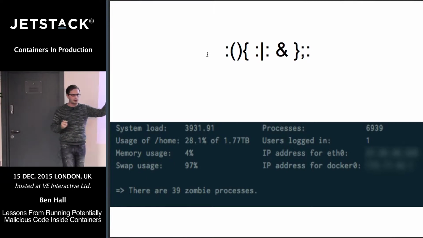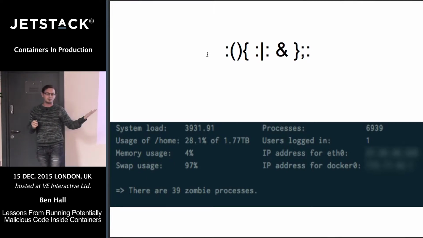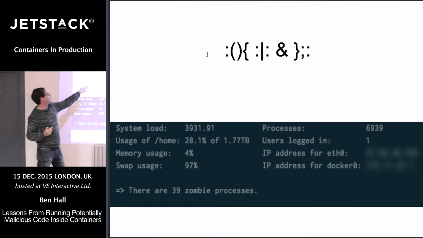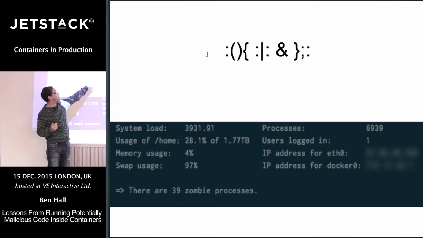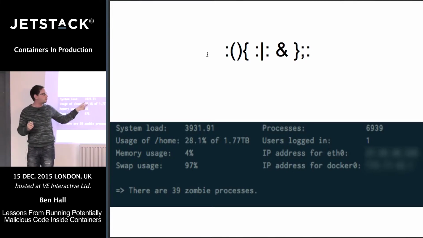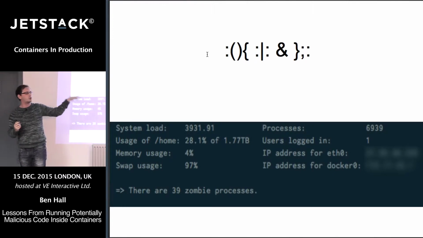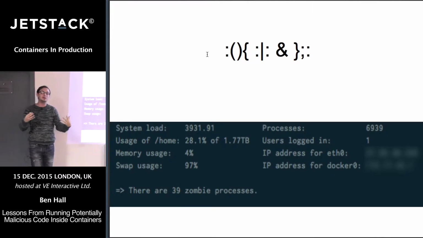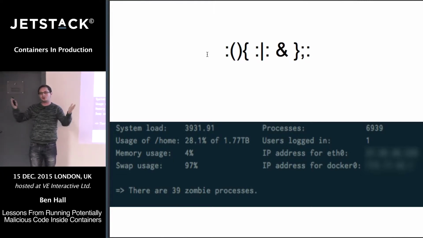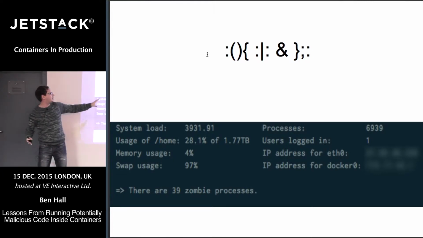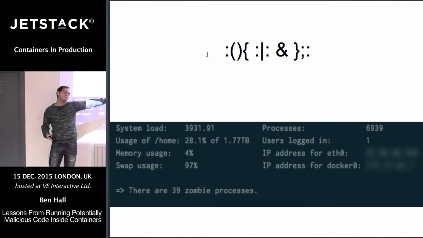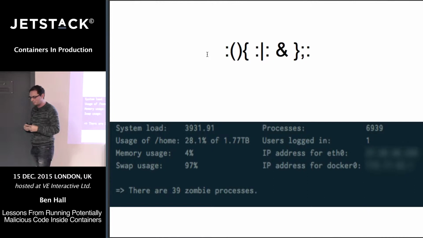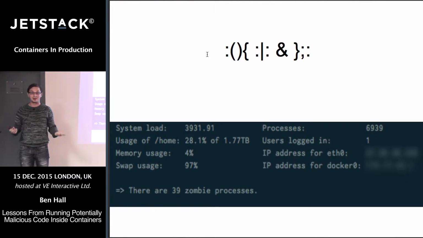And so that gets around a lot of the issues which we're facing until you get to this lovely bit of code. And this is what's generally referred to as a fork bomb. We define a new function called colon and open parentheses, which calls colon, which pipes out to colon, which is itself, which then releases control, and at the end, when it's done defining itself, calls itself. And so very quickly, you've got one function calling 2, calling 4, and it gets massive. You can see this happening because your system load goes to 4,000%, and there's like 7,000 processes running on your system before everything grinds to a halt and dies.